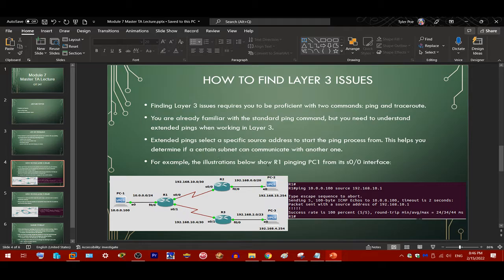For example, the illustration below shows router 1 pinging PC1 from its serial interface. So here's router 1. We're pinging from this interface to the side that's not in the same subnet as PC1. You can see that in this purple window here. The purpose of doing this is to test connectivity between this subnet, the 192.168.10.0/30 subnet, and the